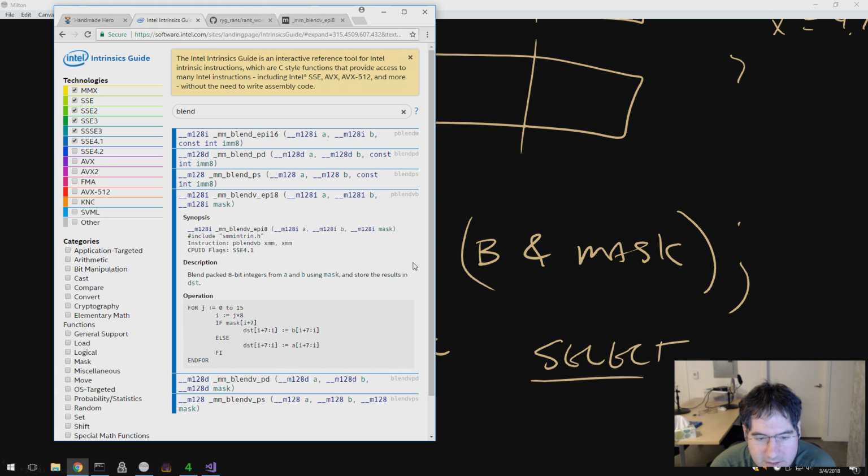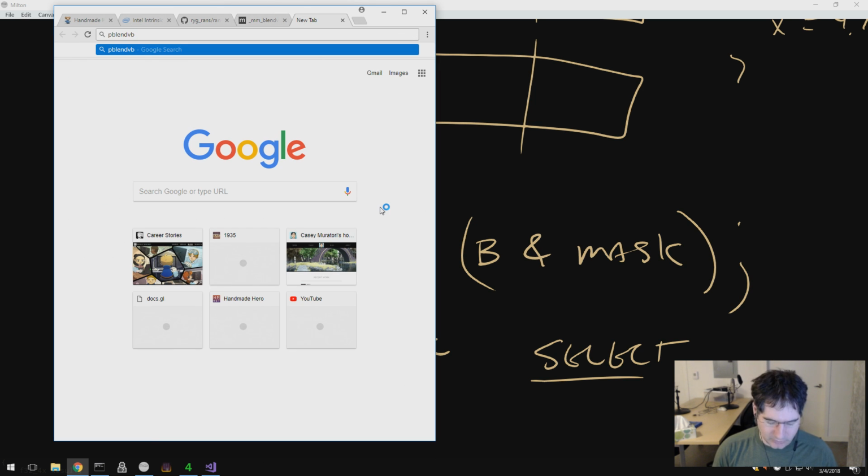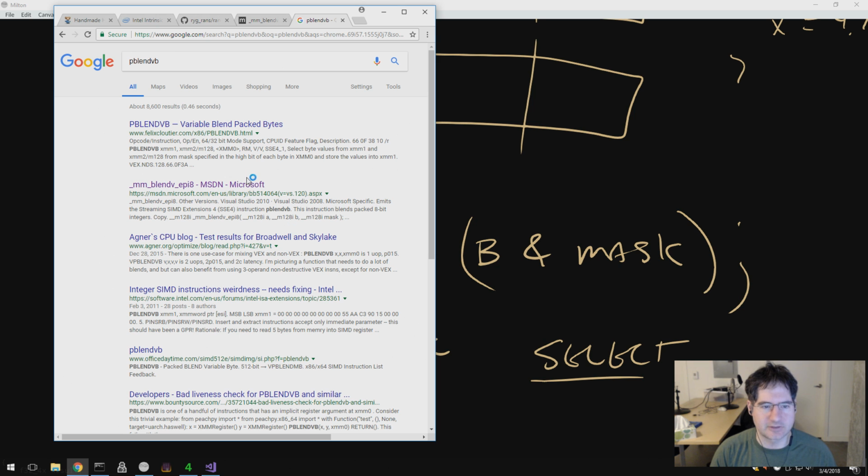And I'm not sure exactly how it knows what the mask value is, because true ternary instructions, I thought, were only added in AVX 512. So I don't actually know how pblend VB knows this. Like I said, I've never used this instruction. So if we look at the actual Intel architecture manual,